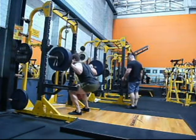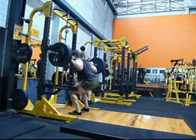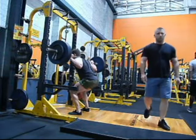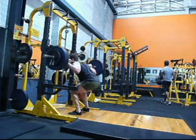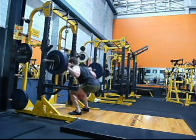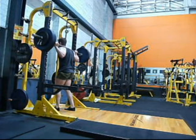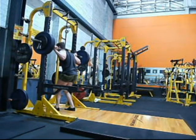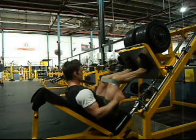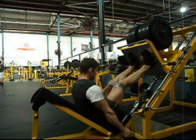The reason I like to superset with leg presses is because with squats, I'm not stable through the hips, so I can't generate a lot of tension through the quads and really fatigue them just from squats. So that's why I like to throw in the leg press as well, to make sure that those quads are working really hard. So again, moving up in weight and just progressively